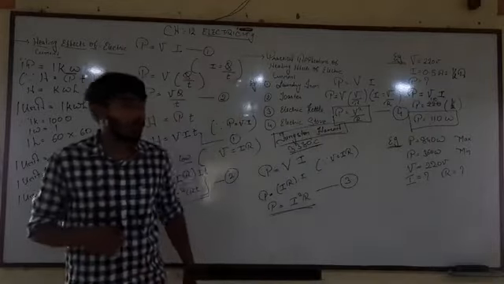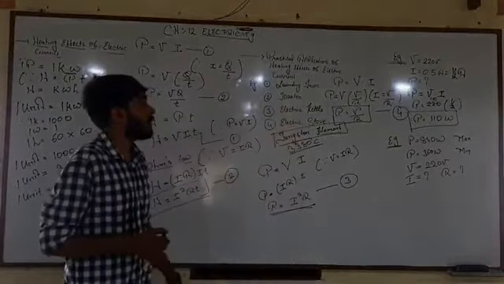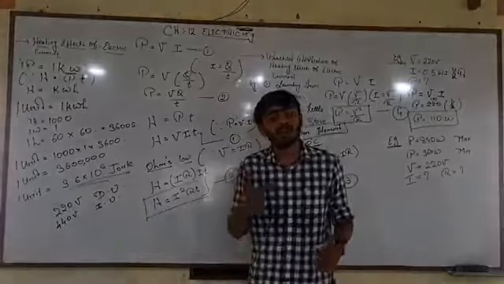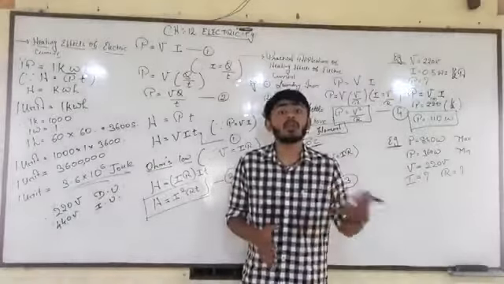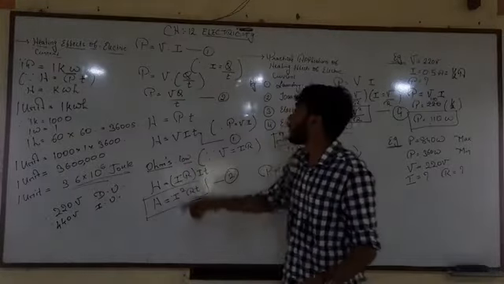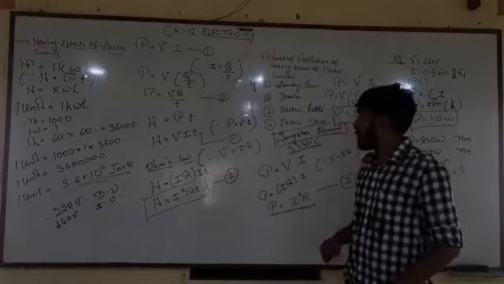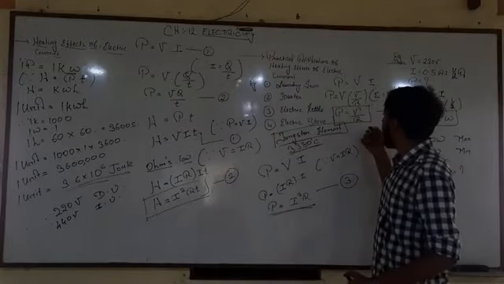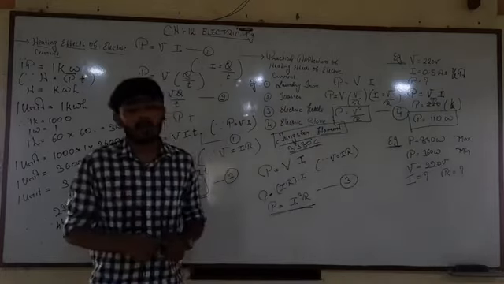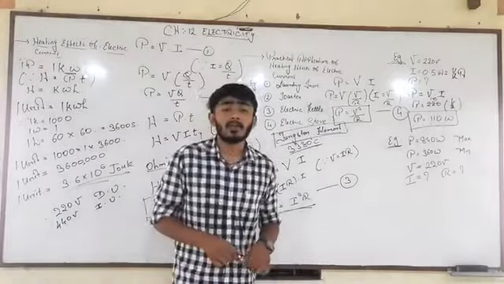Fine students, one more sum I have, which we will solve in the next lecture. Today we will keep it till here. I hope you are clear with this. The power, the heating effects of electric current, the units of heating effects of electric current that we solved here, and the different formulas for power, that is P is VI, P is VQ upon T, P is equal to I square R, and P is equal to V square upon R. And the general formula for heating is H is equal to I square RT. Fine, thank you.